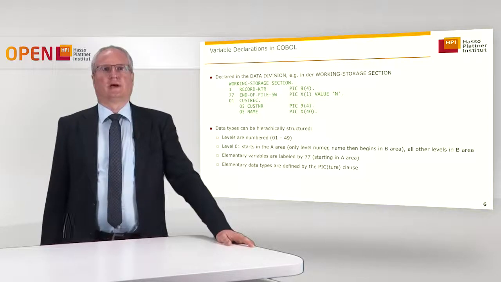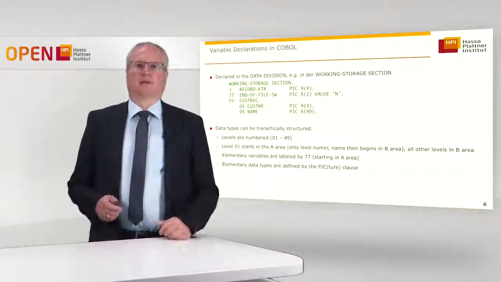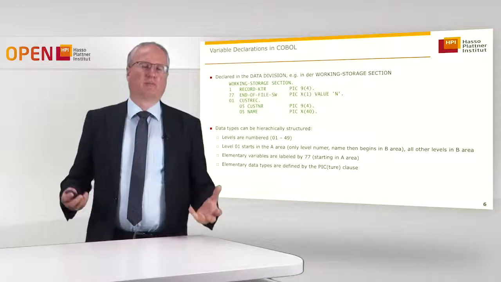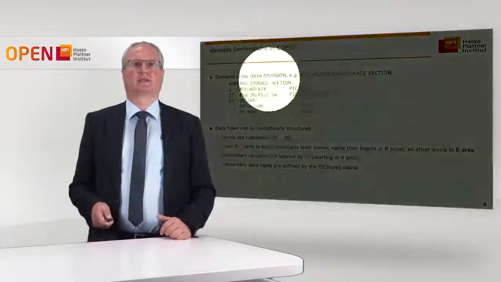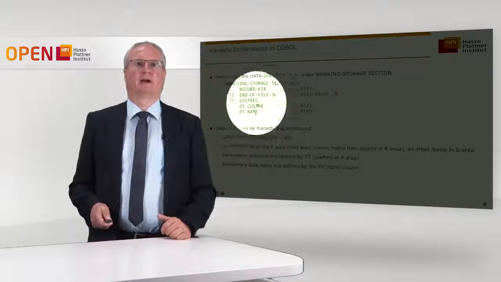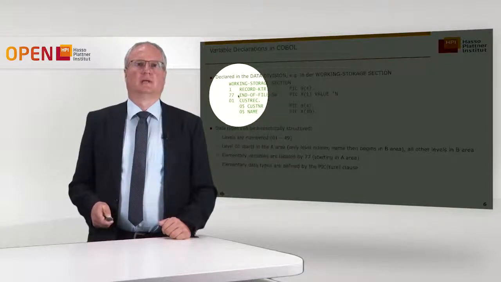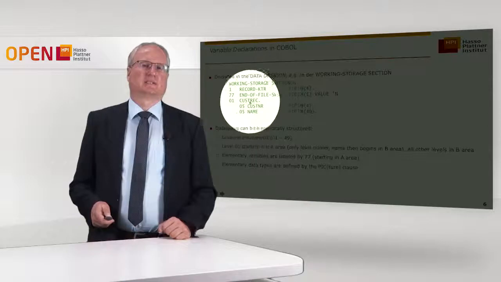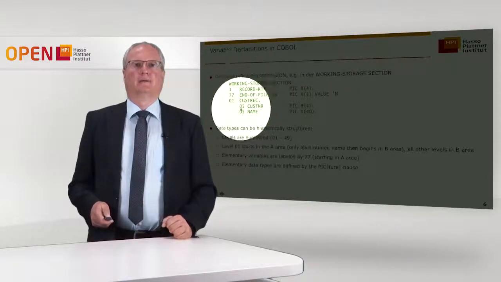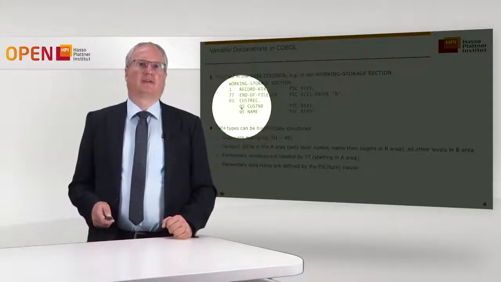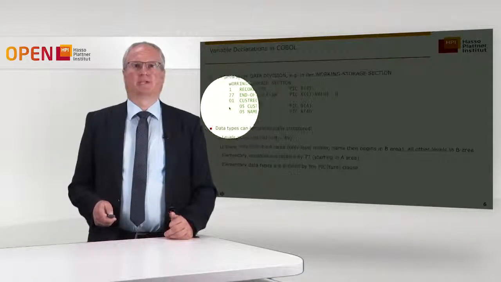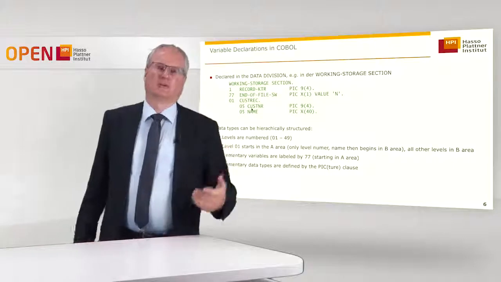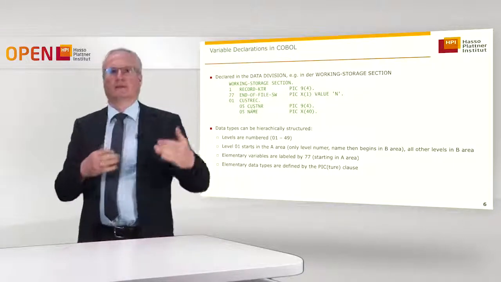And this allows to specify data records with a hierarchical structure, which is very important for business applications. For example, just think of a customer record, as in this example. Customer number, name are part of the customer record. Okay, so this can be compared to structs in C, for example. And you see that the second number already is 5 here. Of course, it could be also 02, but usually one makes larger steps, so it's easier to insert later if you modify something another level.